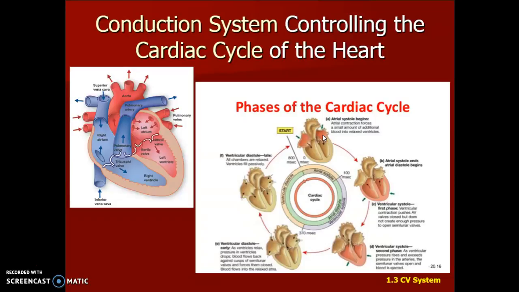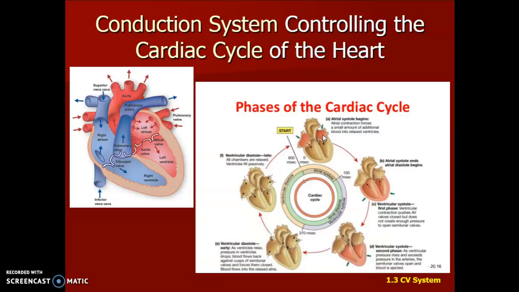This contraction is known as atrial systole, and this basically is the contracting of the atrium, and this will push the other 30% of the blood through the tricuspid and bicuspid valve. Once the ventricles are completely full,